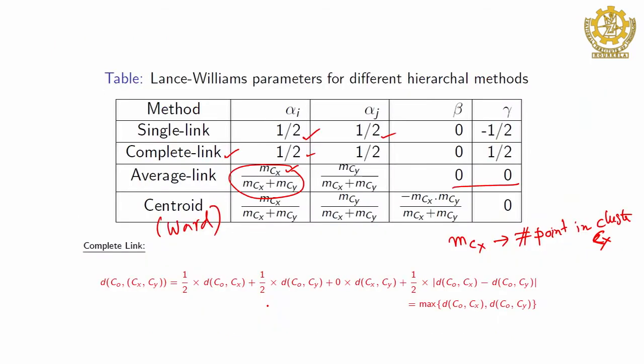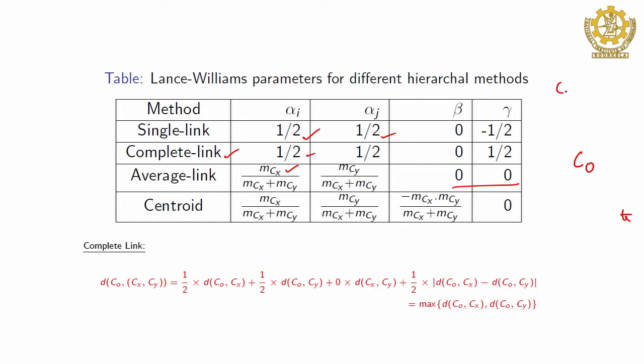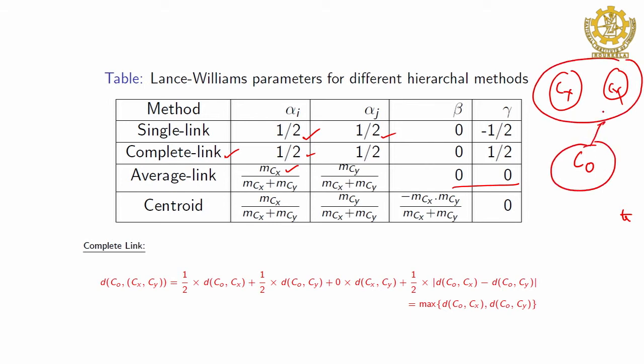So, this is the case. Now, we will verify whether this updation formula is applicable for the single linkage or complete linkage and so on. Let us say we want to apply it for complete link. What do you know about complete link? If C0 is the other cluster, Cx is another cluster, Cy is another cluster, and if we merge them, what will be the distance from C0 to the merged cluster? Obviously, the distance will be the maximum of Cx and Cy. Now, how is it applicable? Let us say the distance from C0 to Cx Cy will be complete linkage.